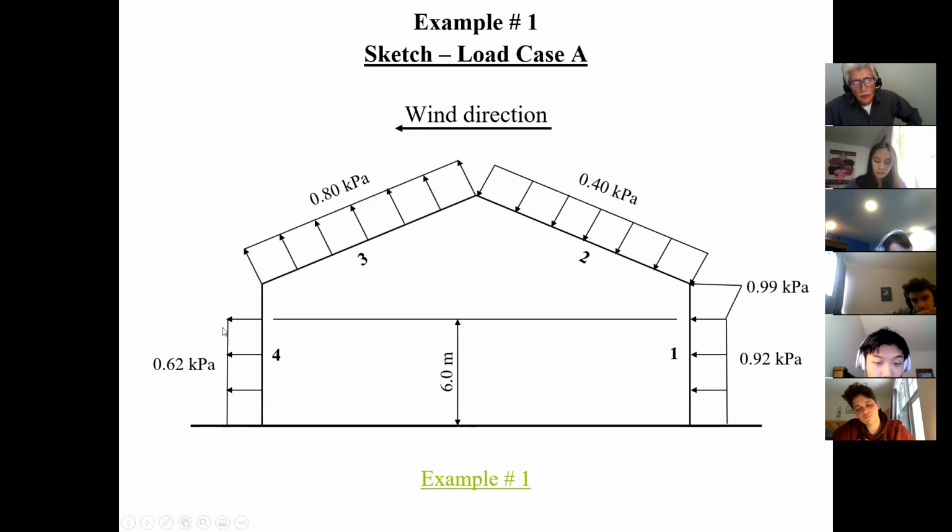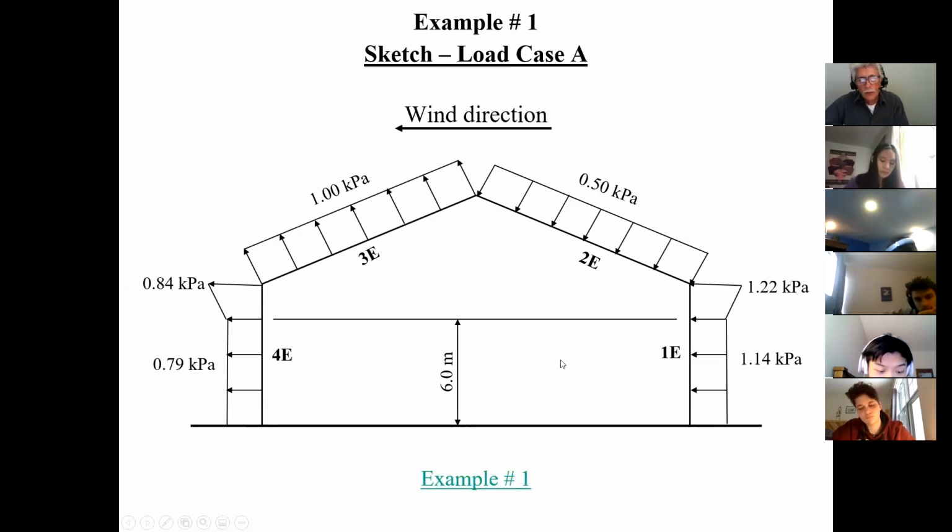And then of course, that's from 0 to 6 meters. And then after that, I won't bother going back. I have another negative value. And that's how you indicate this is just for surface 1, 2, 3, 4. So that's one sketch that you have to prepare, right? Then once you've done it for 1, 2, 3, 4, right next to it or right below it, you do the same thing for